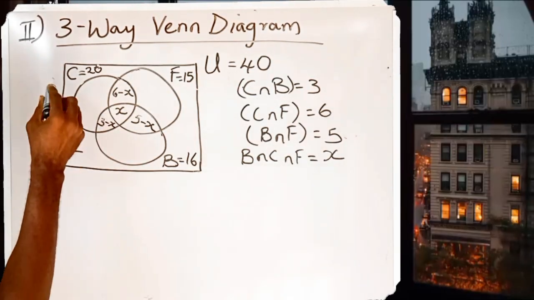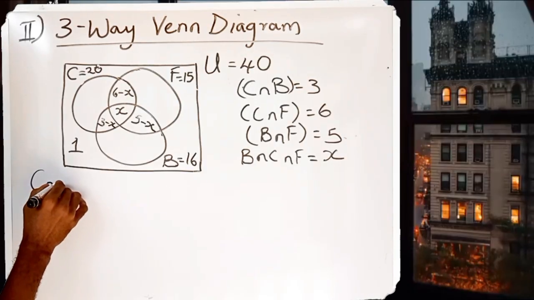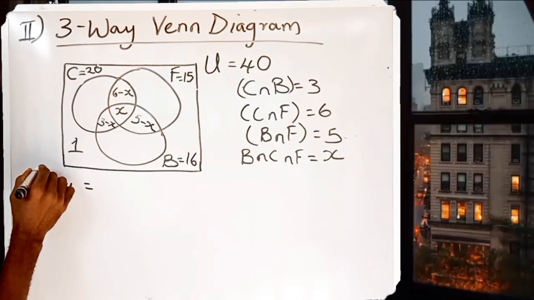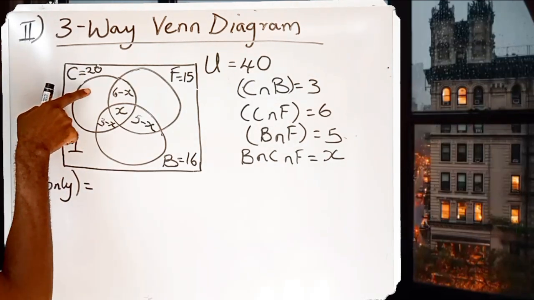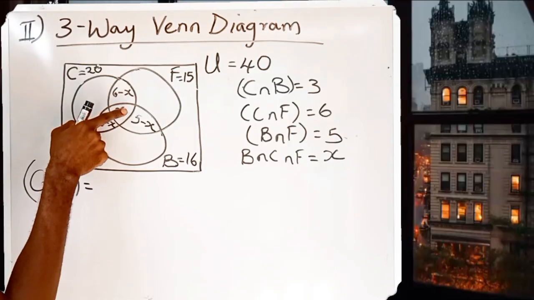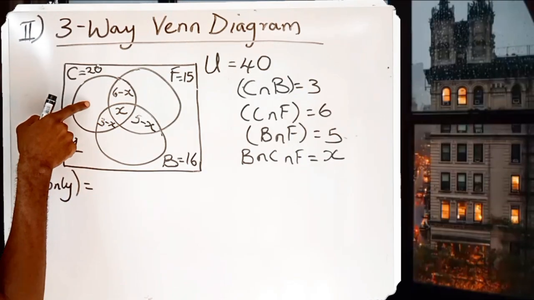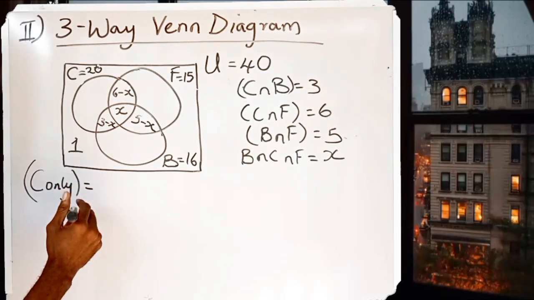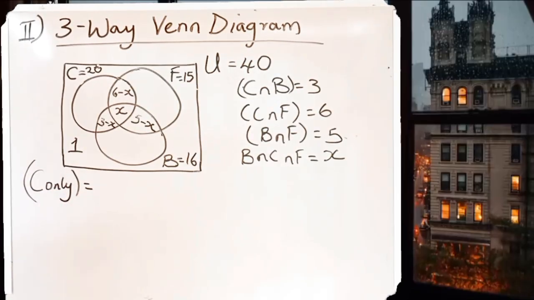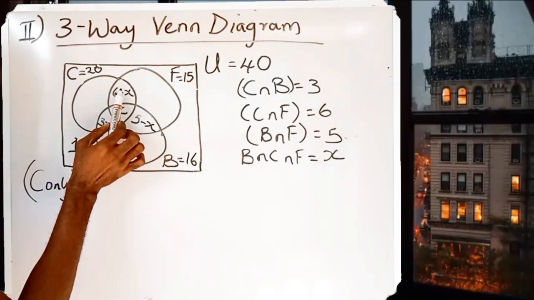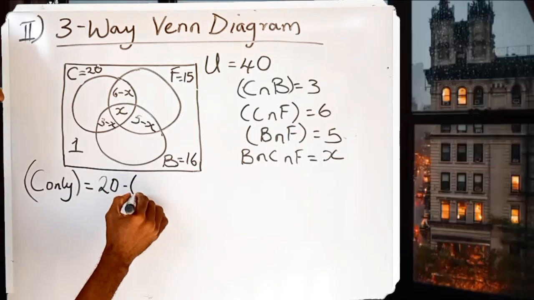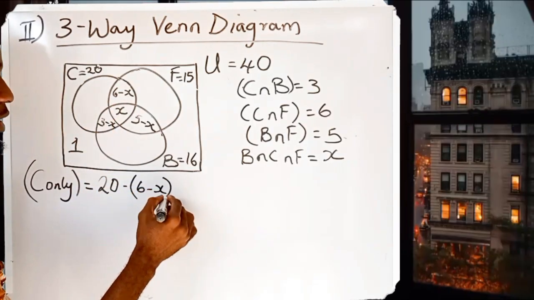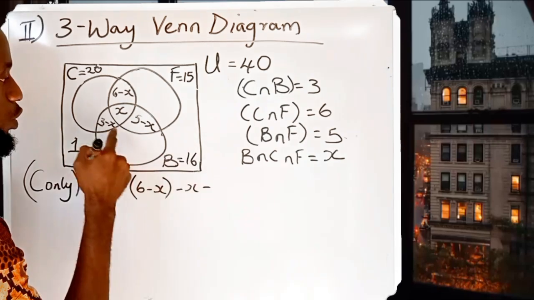Now that we have that, we can now go for C only. To get the number for C only, the total C was 20, and we have to remove the people here, and those here to be able to get C only. So just the same way for the two-way Venn diagram we did the A minus the intersect, that is also what we're about to do now. We'll do C minus this, minus this, minus this. So let's go. C was given as 20. We'll now do minus the first one, 6 minus X,